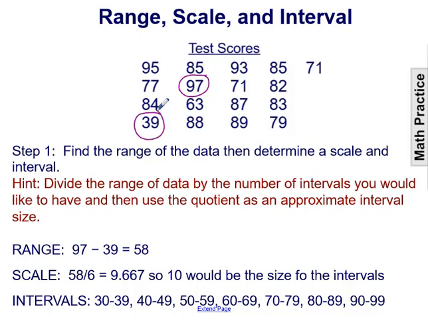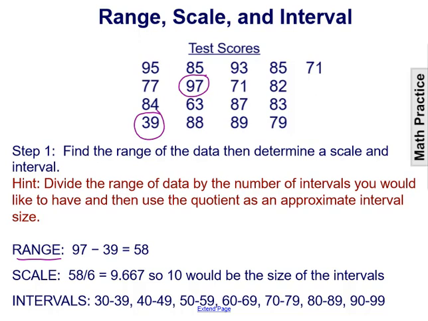So our range is their difference. 97 minus 39 gives us a range of 58. So to create the intervals, let's say we want 6 intervals. So 6 is what we're going to divide 58 by. 58 divided by 6 is approximately 9.667, so we'll round up to 10,